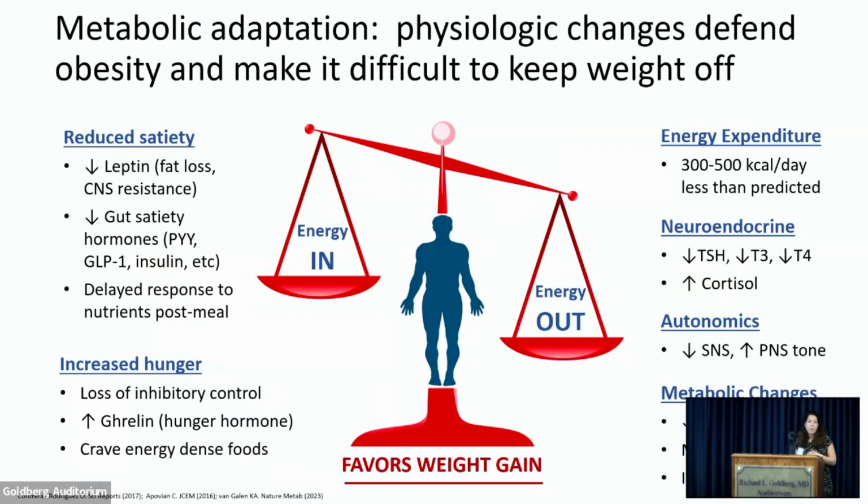And the final thing I want to say about obesity pathogenesis is that it's very hard, once obesity is established, to actually treat obesity and lose weight and keep it off, right? We have something called metabolic adaptation. So when somebody loses weight, say they lose 5 or 10% of their weight, the brain senses that loss of fat mass, and there are adaptations that happen because the